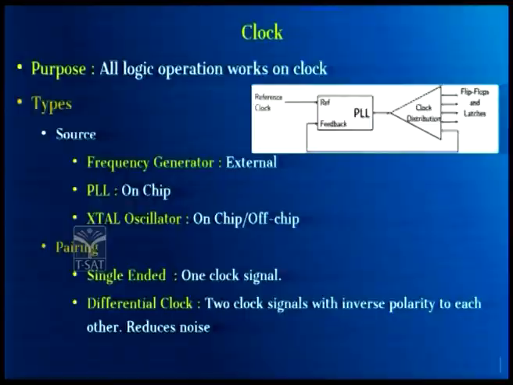Okay. And the next one is basically a crystal oscillator. Usually this is the general operation. Basically a reference clock will be given, that is an external clock input. How does the clock come in? That is again from a crystal oscillator. A crystal oscillator can be on chip or off chip, based on the way the SOC is designed, and it primarily generates the required frequency.